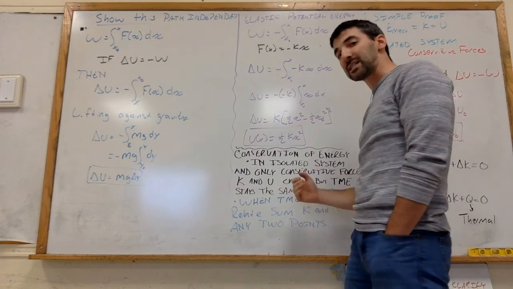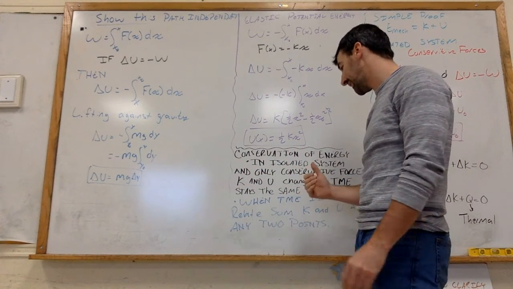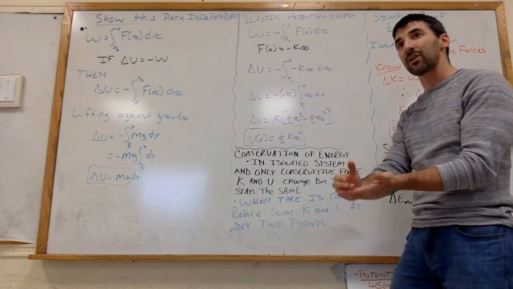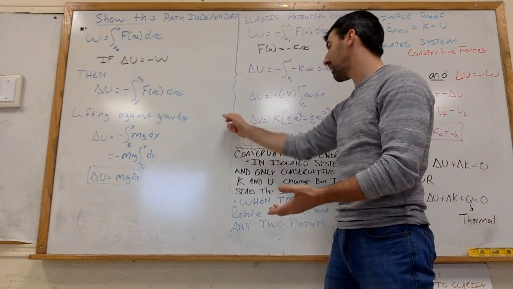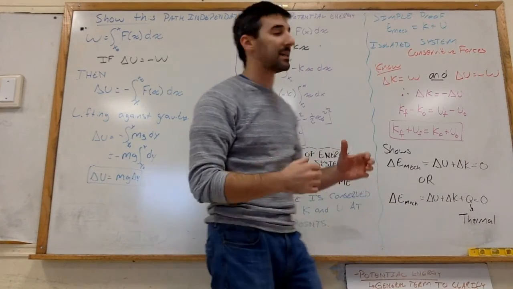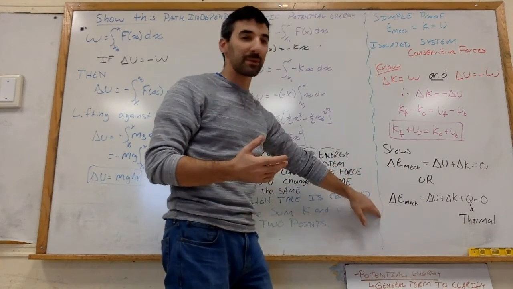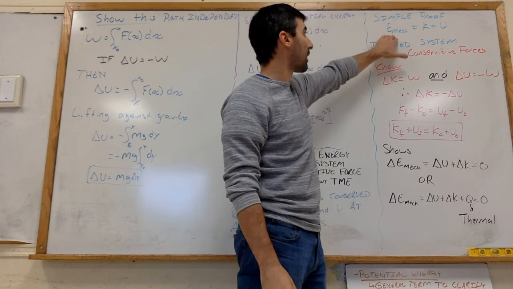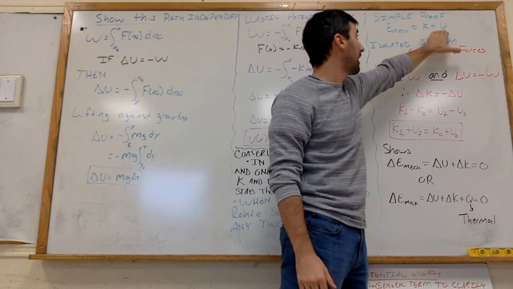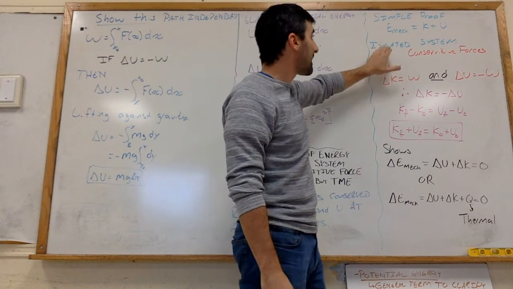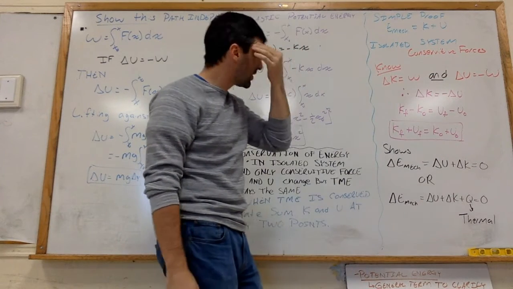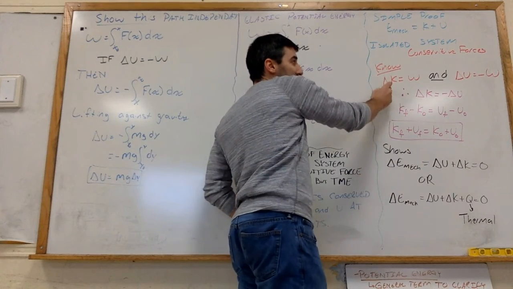And I just have a transfer of energy from potential energy to kinetic energy between any two points in that system. That also means I don't need to consider the work it takes to get from point A to point B to point C. I'm only talking about the total energy. It's a very powerful idea. We can state it simply by saying that the total mechanical energy of that system is all of the kinetic energy plus all of the potential energy, if that system is an isolated system under only conservative forces. So what we do with that is, I know that the change in kinetic energy is